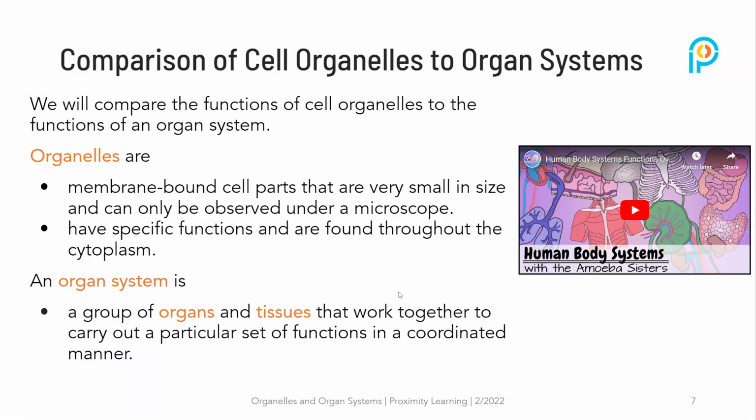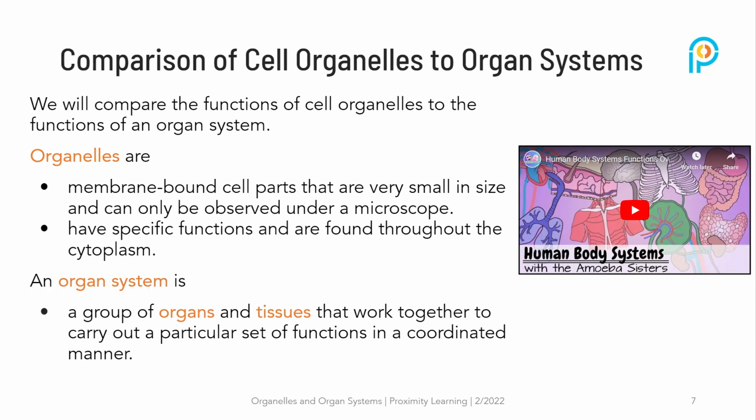All right, so we will compare the functions of cell organelles to the functions of an organ system. That is our overall goal here. Organelles are membrane-bound cell parts that are very small in size and can only be observed under a microscope. They have specific functions and are found throughout the cytoplasm. We discussed this in the last lesson, if you'll remember, and you've even identified parts of an animal cell and